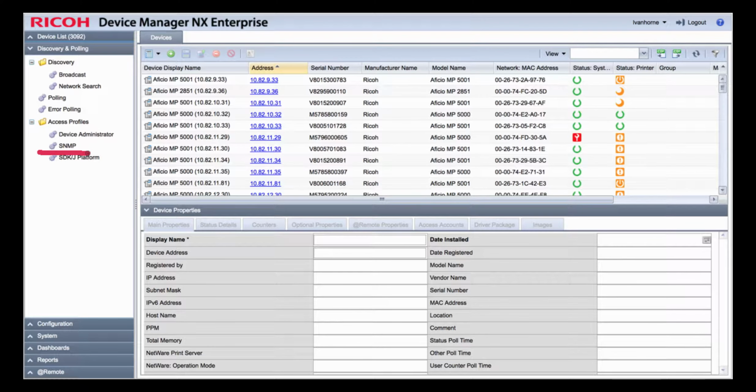After pinging the device or contacting it using its host name, DMNX sends an SNMP query to determine if the device has a printer MIB. DMNX interrogates the IP address or host name with an SNMP query. If the device responds appropriately, indicating that it has a printer MIB, it sends a more thorough interrogation with SNMP